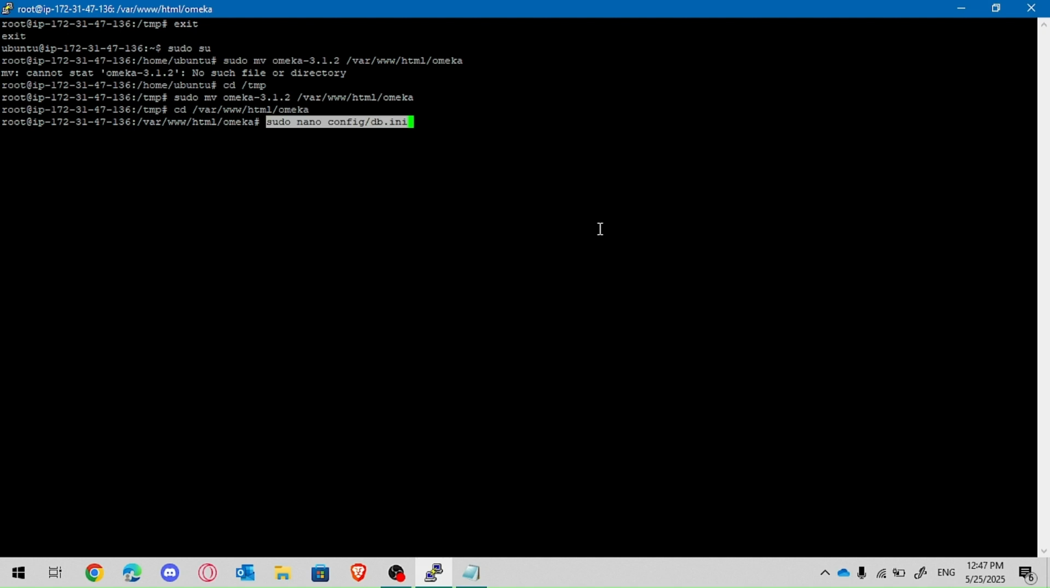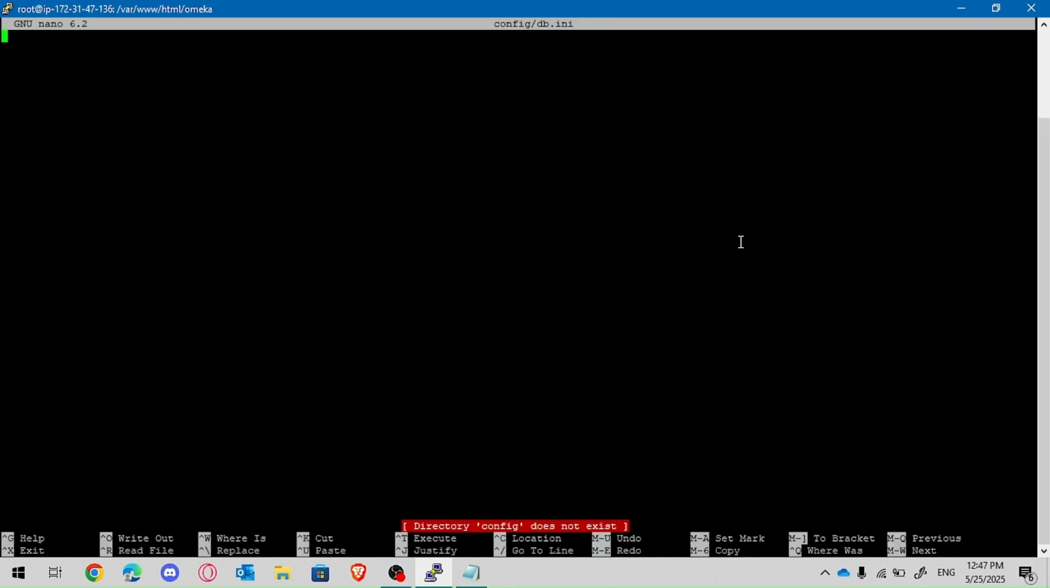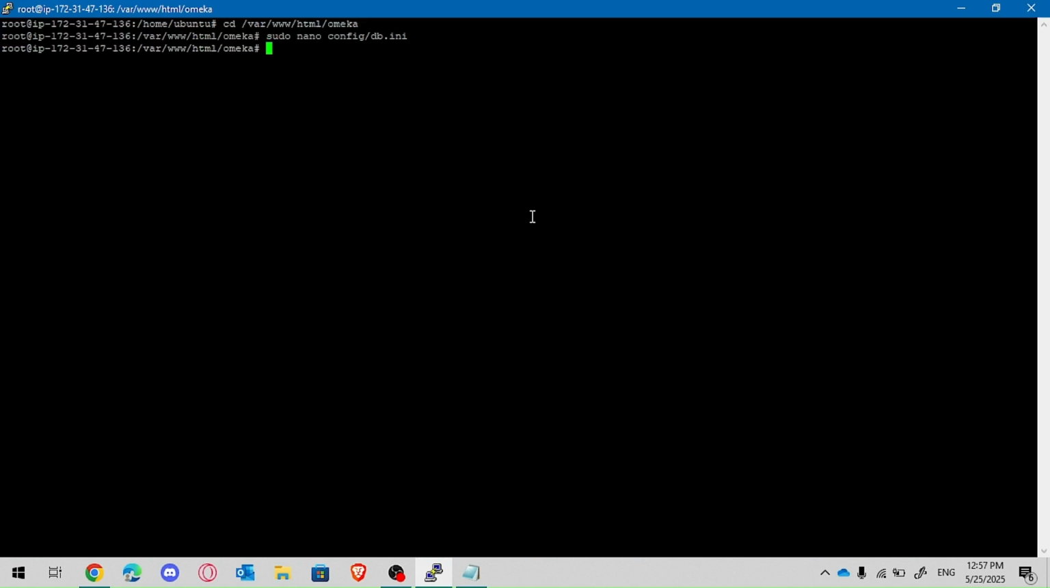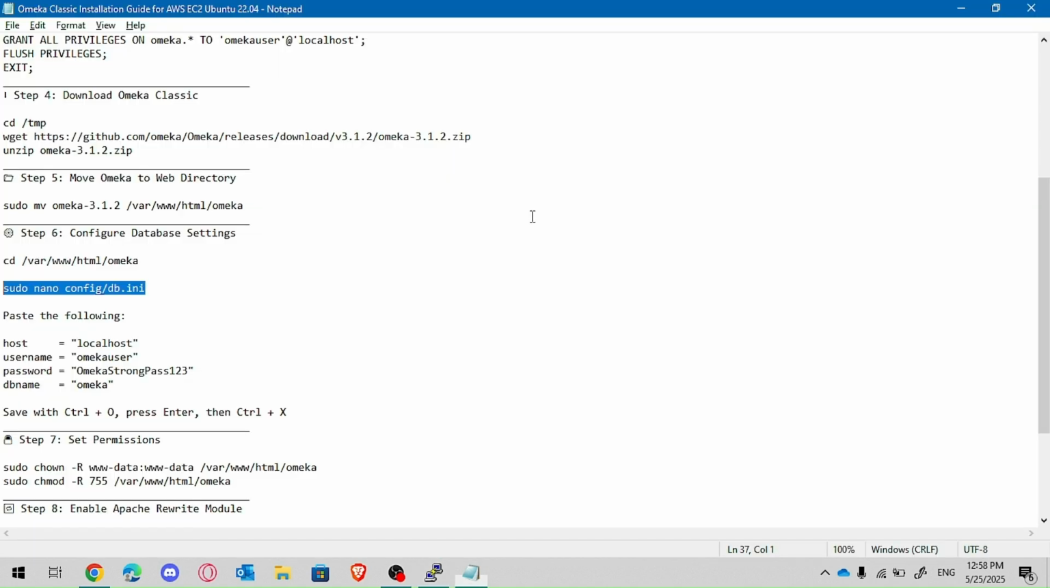and we need to configure the database ini file. So I am looking in the configuration folder, but there is no file. I mean, there's no configuration directory available. So okay, there is